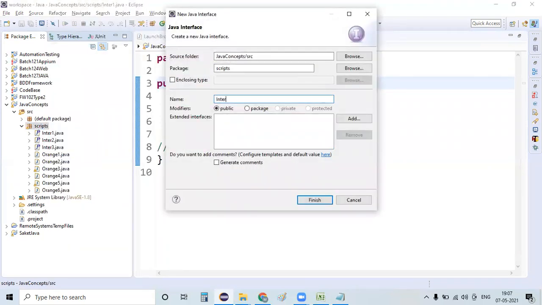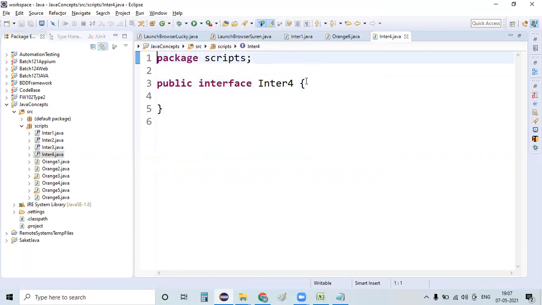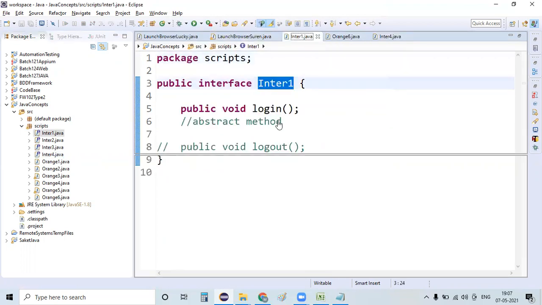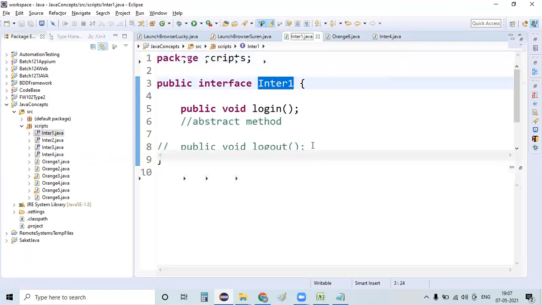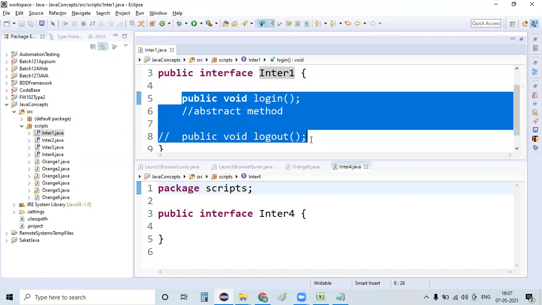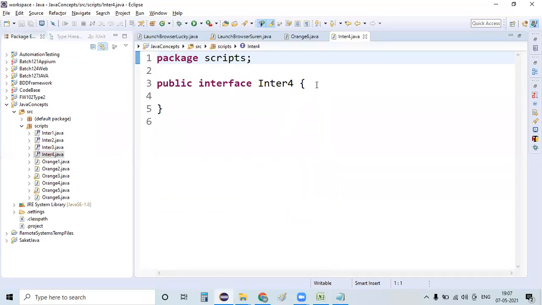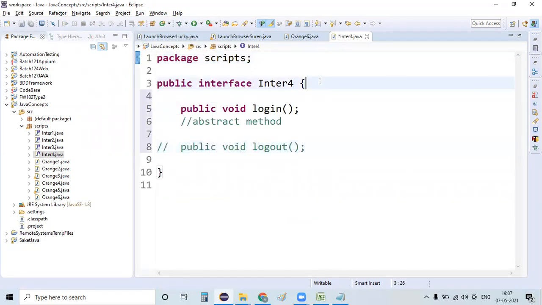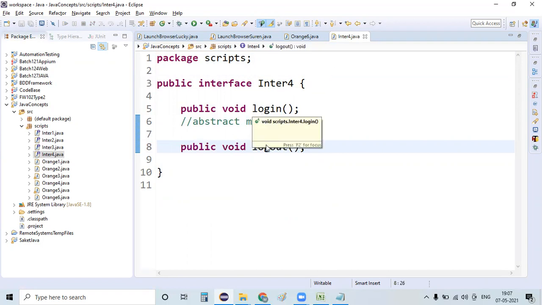Inter4, I'm just creating it, and let me copy this login as well as a logout method here. The interface methods, login and logout, I'm specifying over here. Login and logout are the two different abstract methods available in this particular interface.